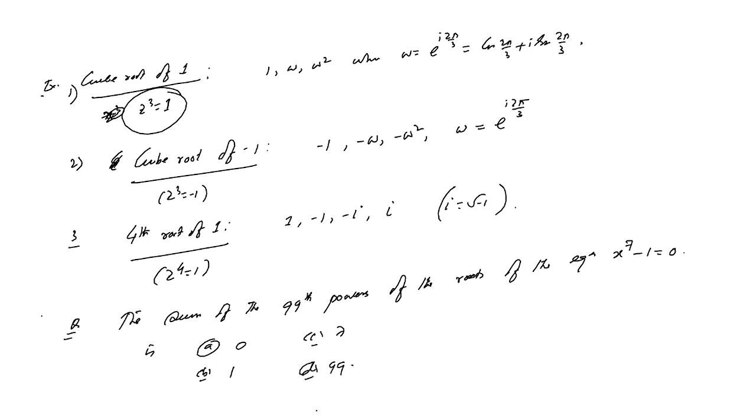Which option will be correct? The sum of the 99th powers. This is very, very important. You can recall it. We can solve it in different ways, but here we just solve it very classically